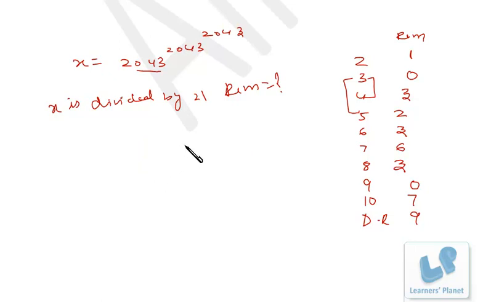Similarly, friends, you can make other combinations as well, right? So 3x, and suppose we have to find out the remainder by 30. Okay, so 3 and 10 can be taken, right? So this is 3x, and that is 10y plus 7, right? If I put y as 1, 17 is there. If I put y is 2, so 10 2s are 20 plus 7, 27, right? So 27 is a multiple of 3, and it is in 10y plus 7 format. So that will be the remainder if this expression is divided by 30.